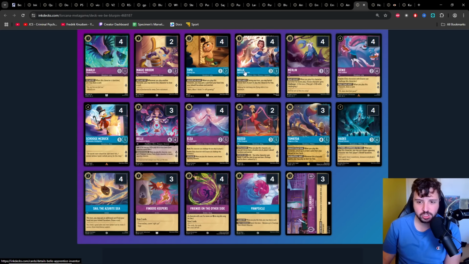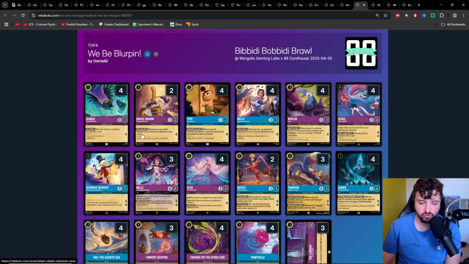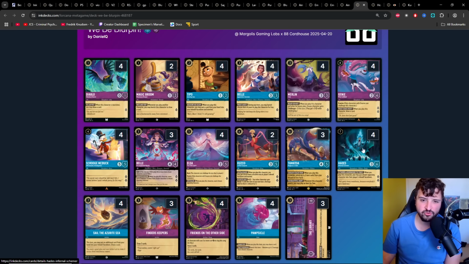Unfortunately, when you're trying to squeeze in as much top end as this, you do sacrifice the 1-drops, which you guys know me. I love the 1-drops. Worth noting, in a similar way to Lantern, if you play Sail on 2, you can also play a 1-drop on 2. So I think to just play this few 1-drops is really...